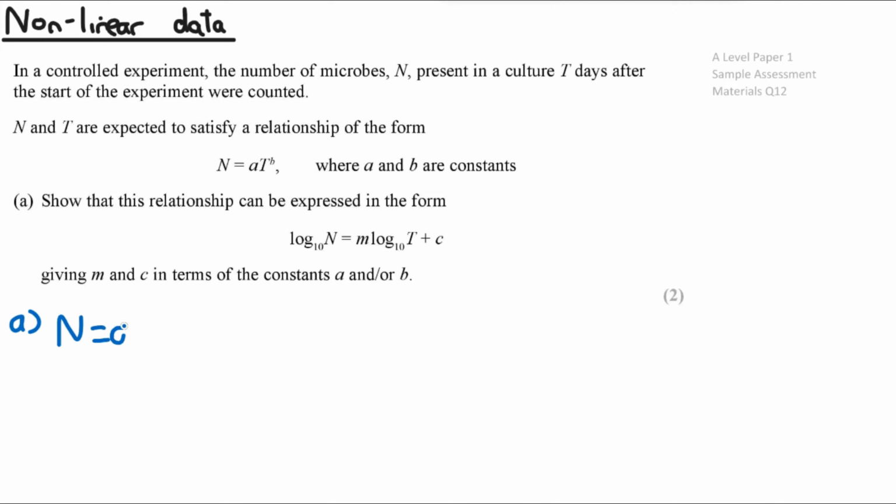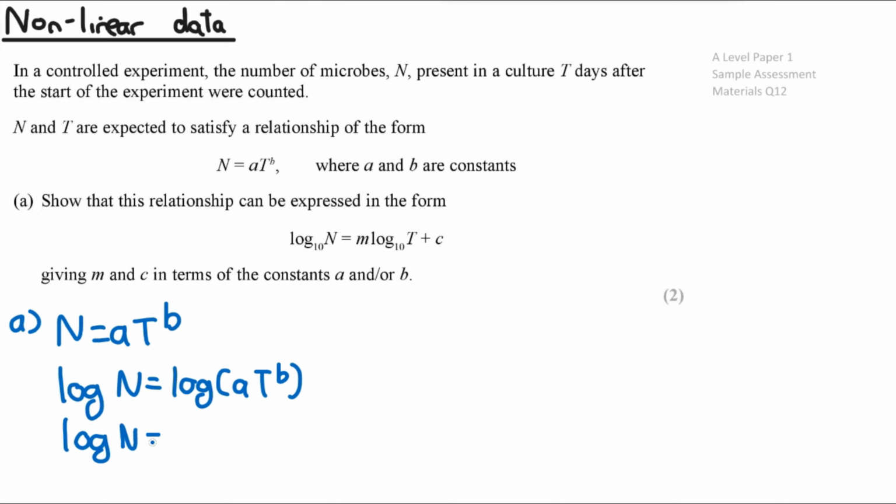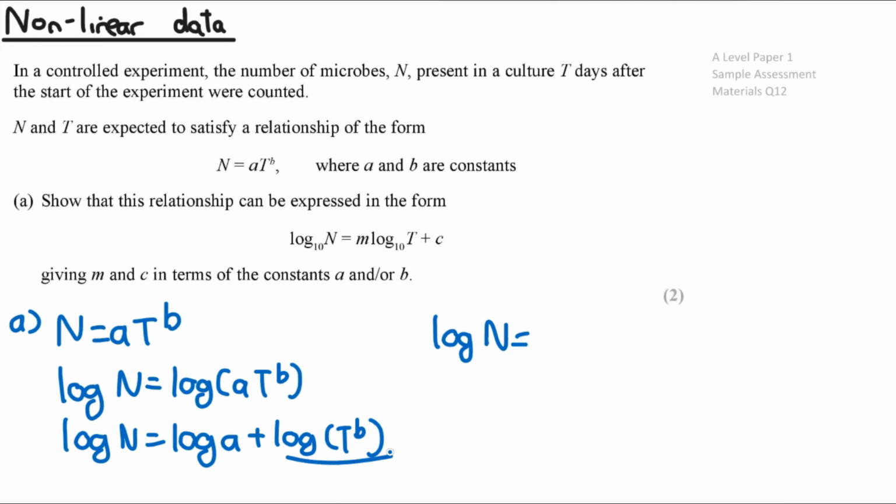So this is n is equal to a t to the power of b, and then we log both sides. So this is going to be log of n is equal to log of a t to the power of b. We're going to separate these two, so it's going to be log of n is equal to log a plus log of t to the power of b, and then we can bring the b down as the coefficient